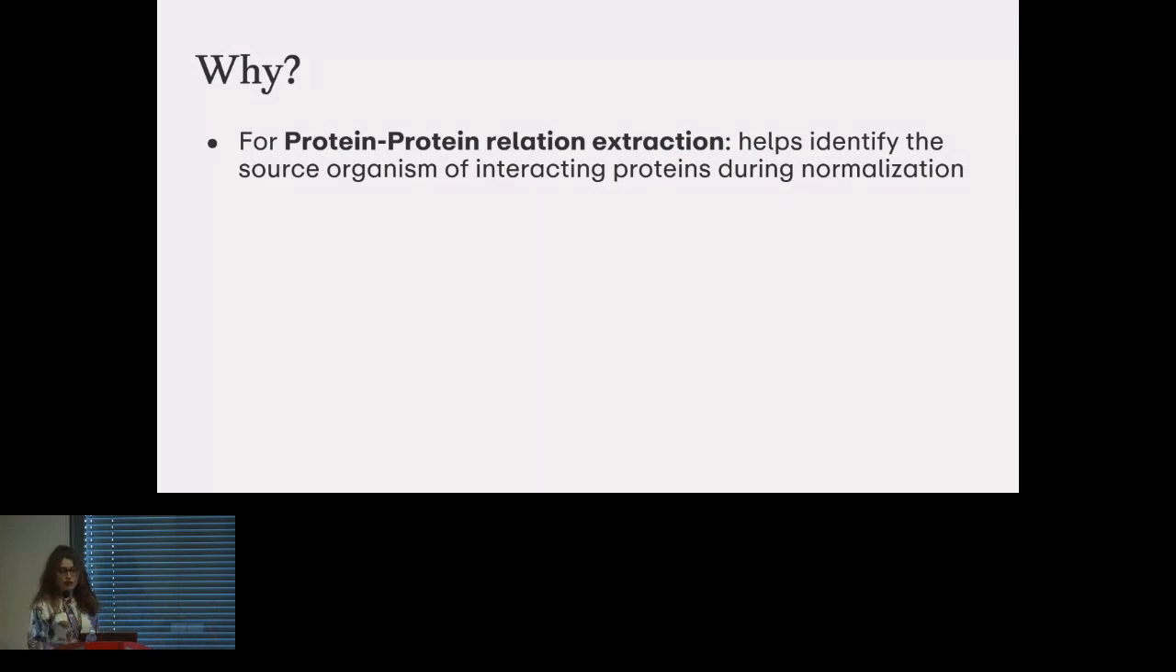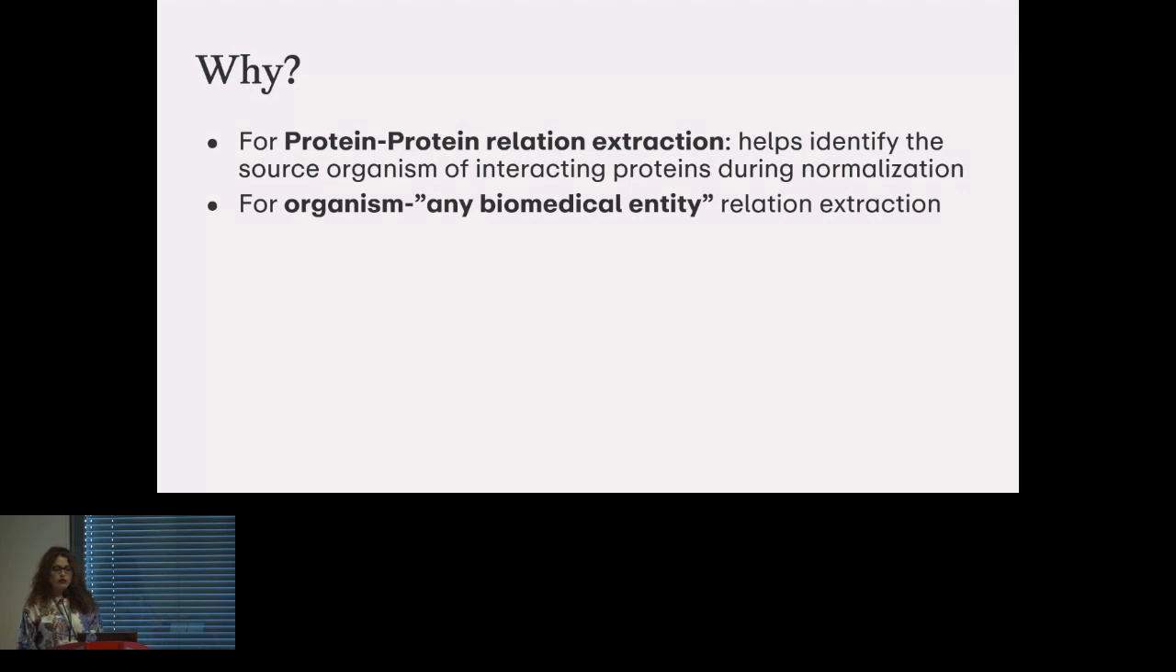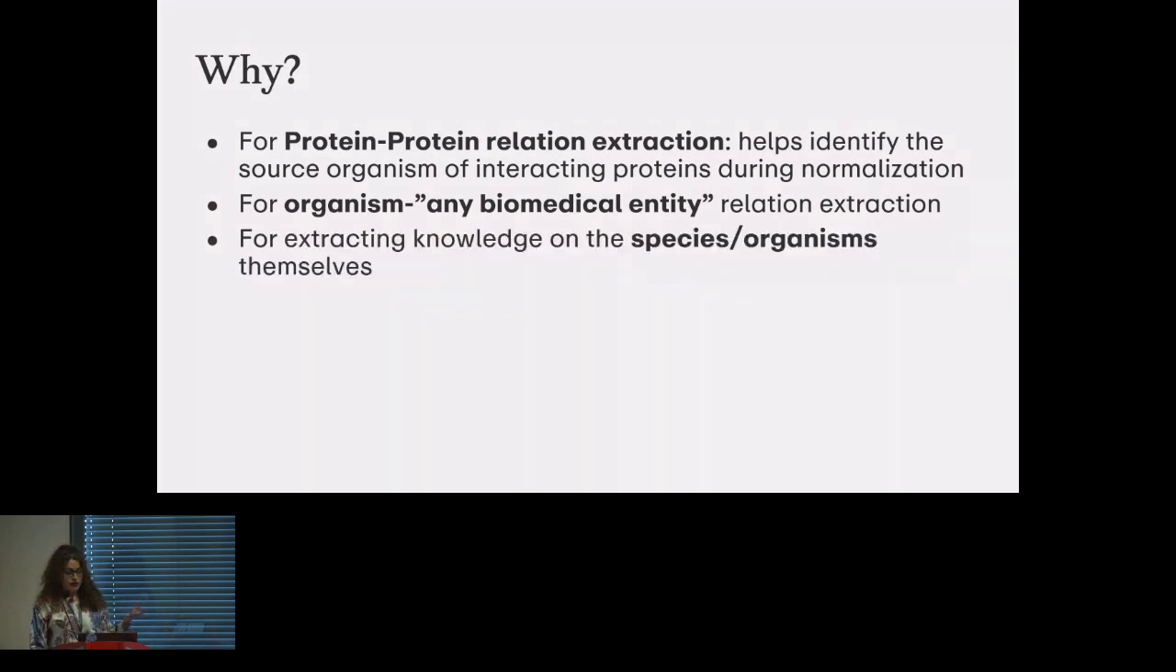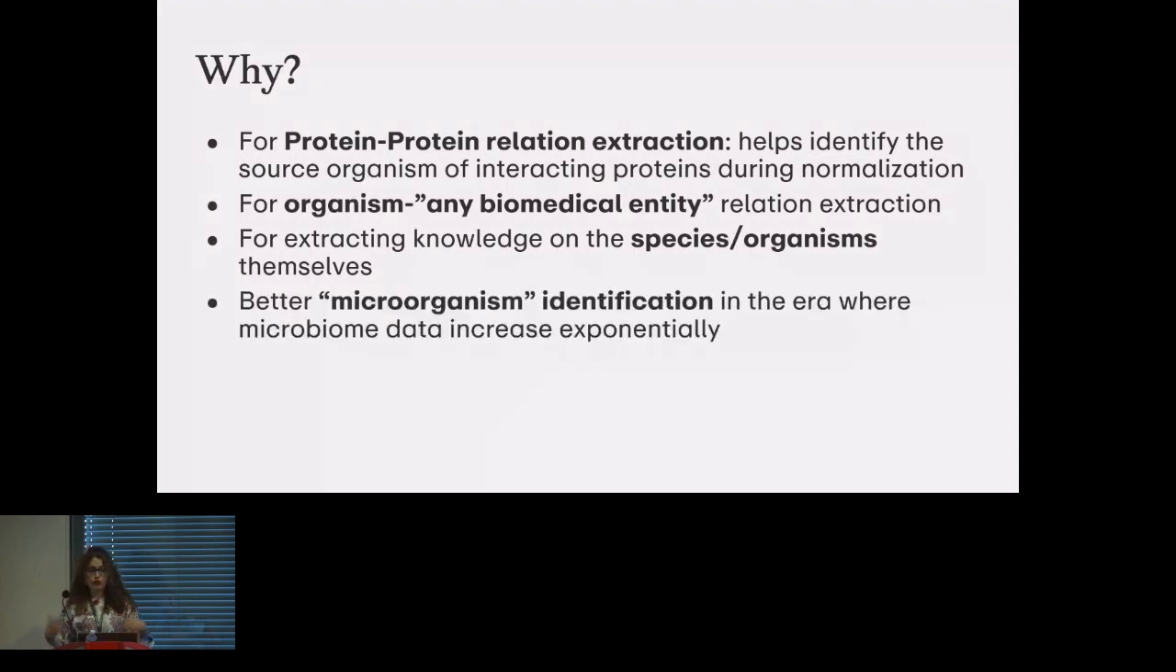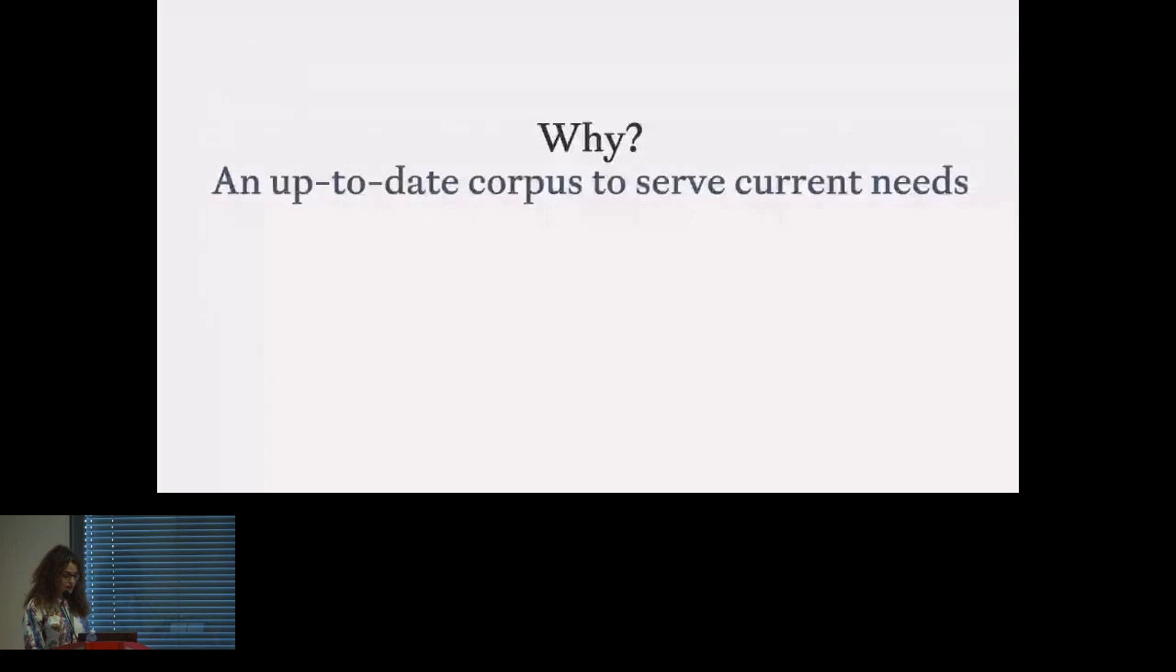And this is an extremely important step if you actually want to extract what the text says and about which organism it talks about. But then, depending on the field, it is important also to do organism and any biomedical entity relation extraction. Extracting knowledge on the species and organisms themselves can also be very important. And in this era where we get so much data from microbiome, actually doing better microorganism identification is really, really important. So in order to answer all of these questions, we need an up-to-date corpus to serve the current needs